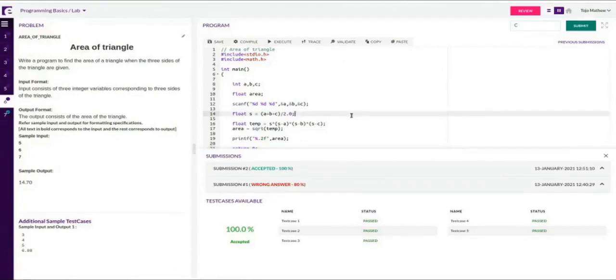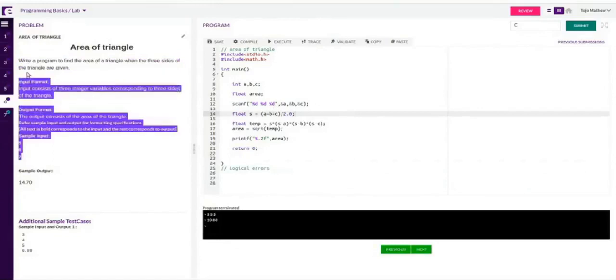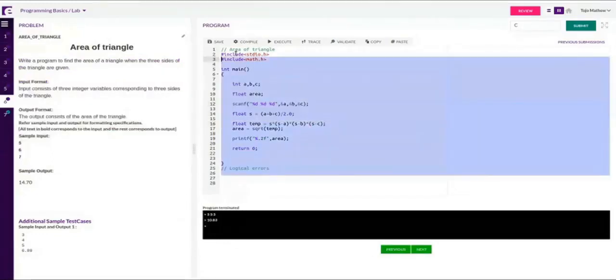Okay. So this is a typical cycle you will follow. You read the problem statement carefully, figure out the solution, type the solution, compile it, and solve the compilation errors top to bottom, one at a time. That means solve one compilation error or warning, compile it again, then go to the next. Then execute it at least once, and validate. If all validation test cases are passing, submit it.